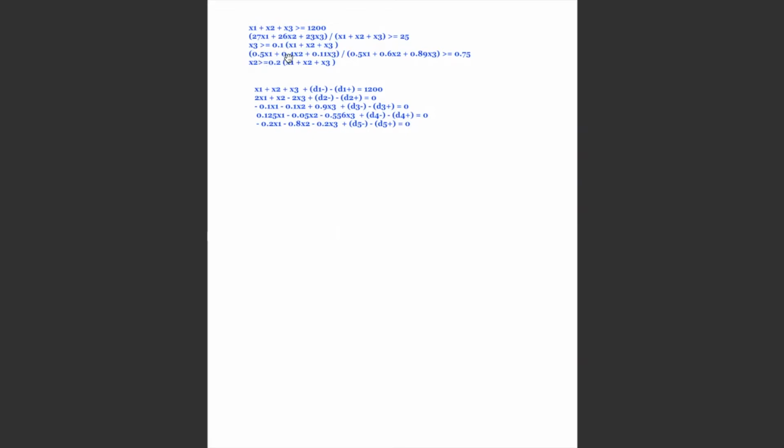The next one is female to male ratio to be at least 75%, and I did this as a ratio based on the problem. And the last one is the number of out-of-state students to be at least 20% of